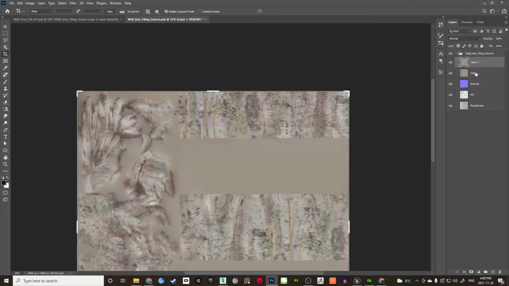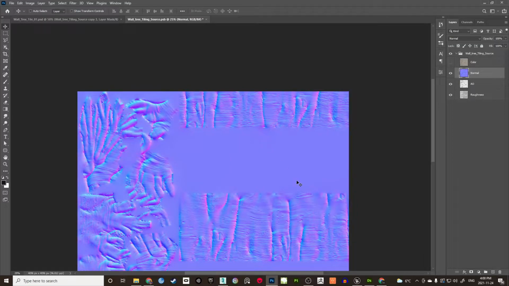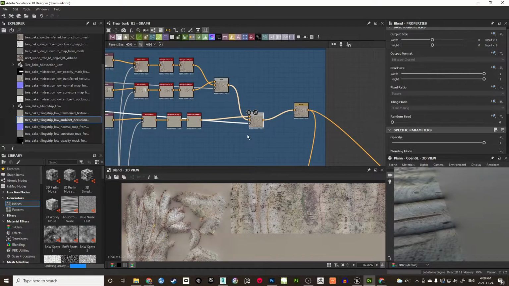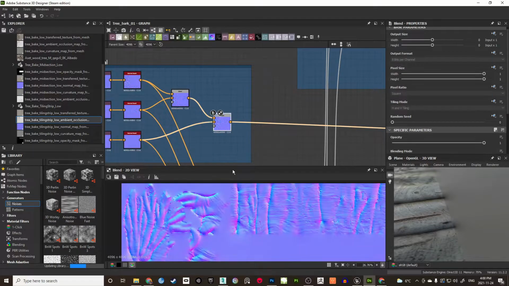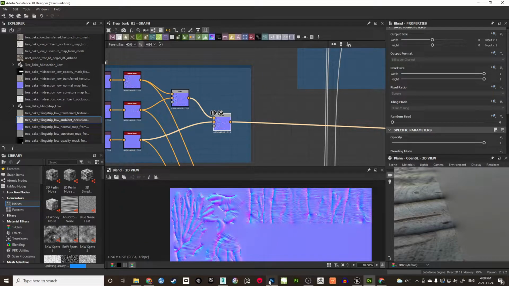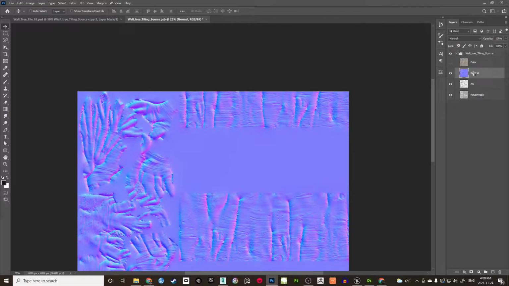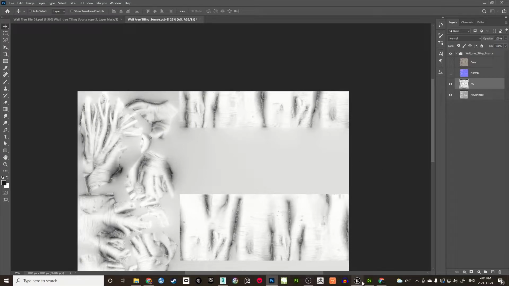So just name it color and just delete this one. Same goes for normal. I'm going to Designer, get the normals out, copy to Photoshop. So this is how you update this texture when you have a smart object. Smart object makes it very easy to make changes to texture. Normal is done. Now let's go to AO